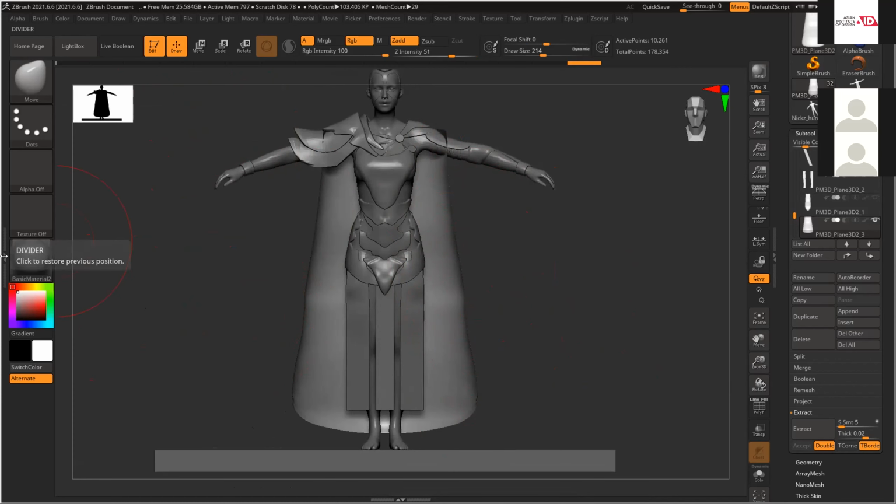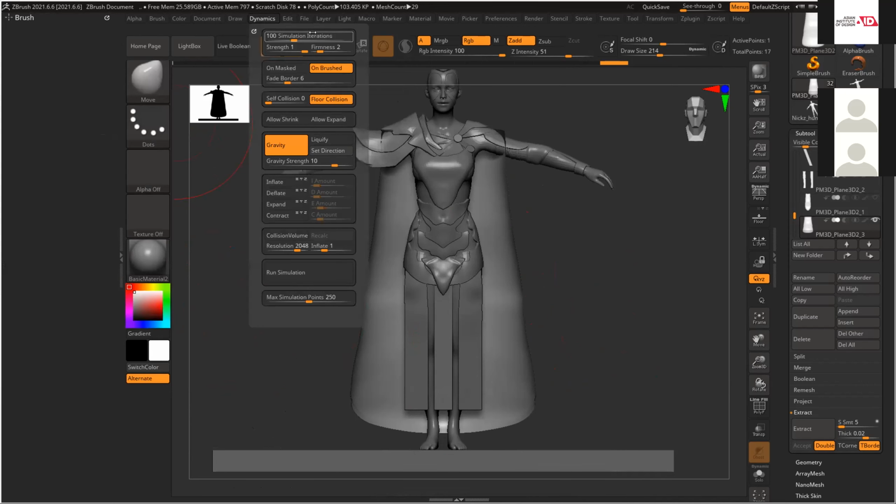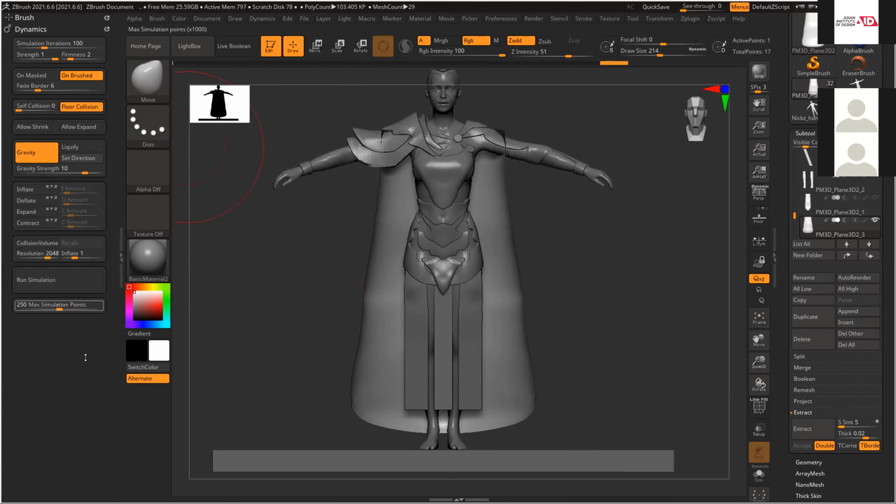So I just open this window, close this, Dynamics, and drag and drop here. So you can see this window now. Wherever you mask, that part will hold. The simulation won't work there. And the rest of the body, whatever is visible, it will read as collision geometry.